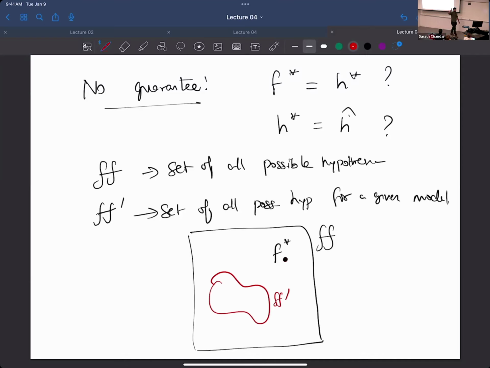Is that clear? So this is why picking the right model is important. If you pick a wrong model, I can give you an infinite amount of data, you can do whatever you want, and you will never reach F star. Okay. Now, the second level of approximation is